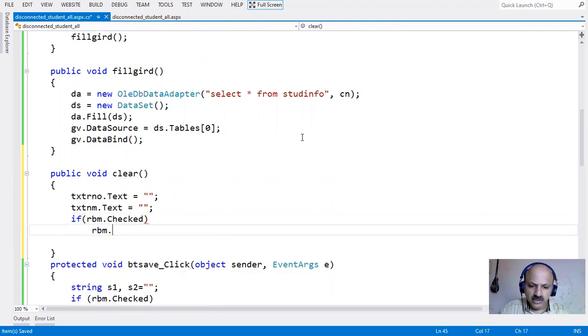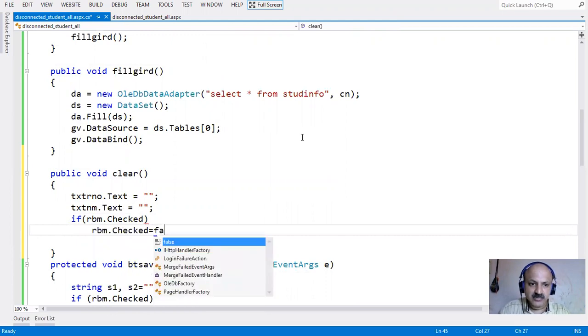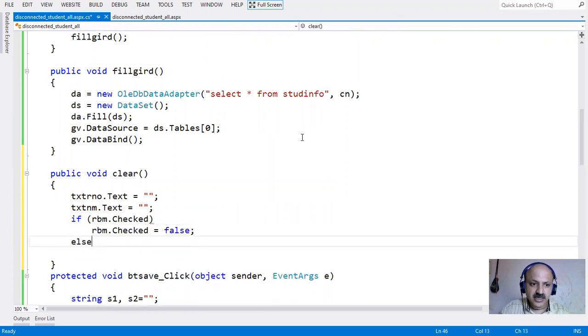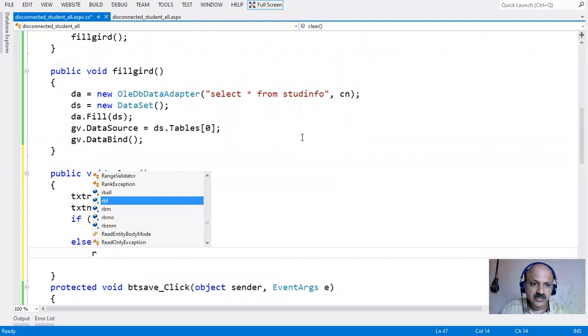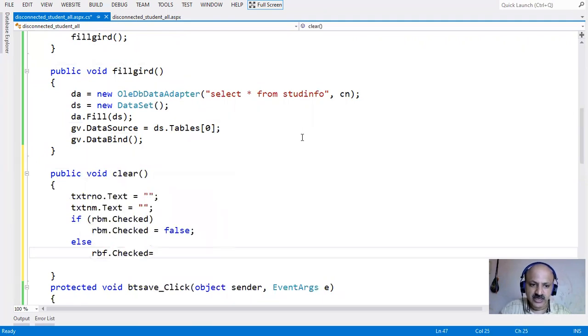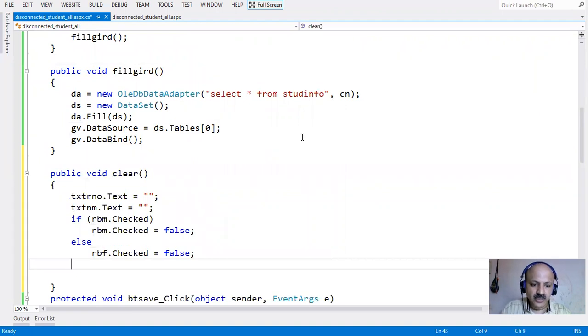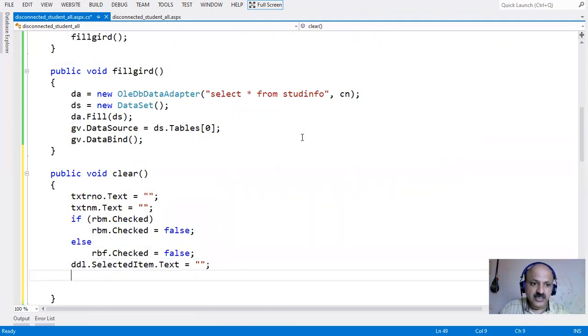Then radio button dot checked is deselected, meaning false, and in the else part, if male is not selected, then female is checked, and that we can set false. So we can clear after filling, save after, and then the drop down dot selected item dot text, blank, for those four fields, and last is the checkbox.